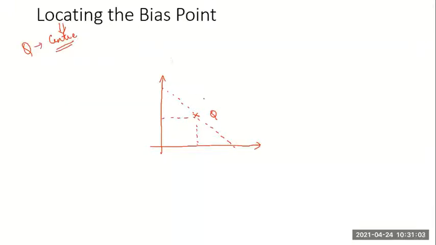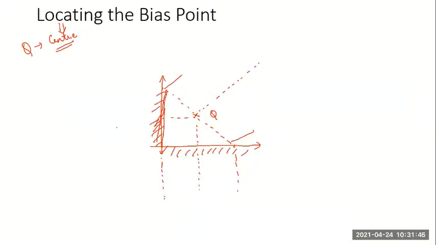Because it is the point where we'll be getting the maximum output. Why so? Active region. Fine. It is in the center of the active region. So let's try to draw this graphically and justify. Remember, from here to here, it is completely in the active region, and the saturation region is to the left here, right? This is saturation and this is cutoff. The shaded portions are saturation and cutoff. The rest of the region here is the active region.